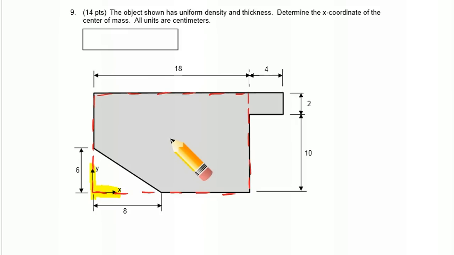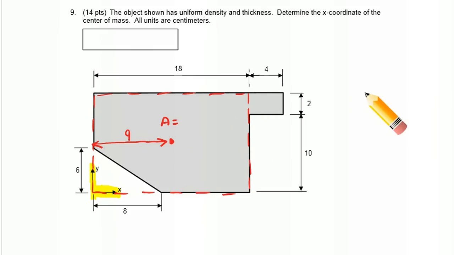I'm going to locate the center of mass of that. We're only concerned about the x direction, and that's 9 away from the origin, and its area